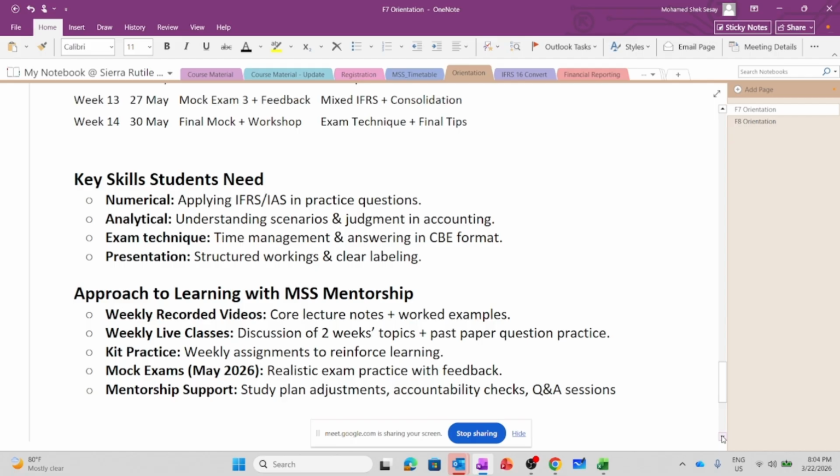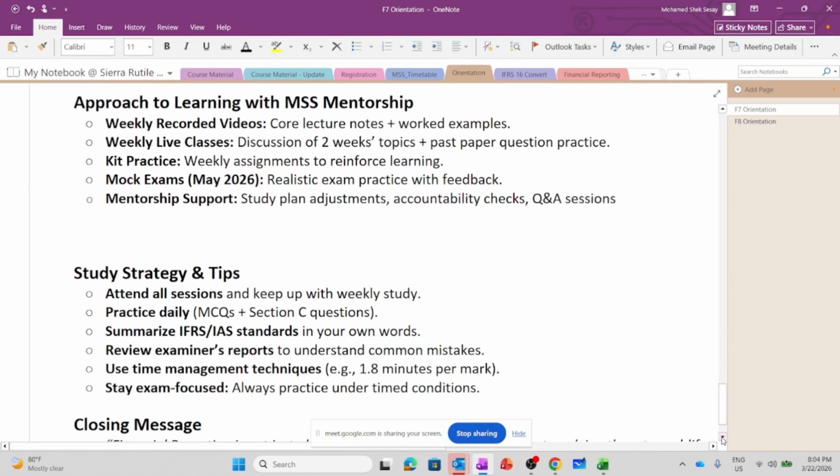And very important again, if you are doing your self-study on your own and you did not understand a specific concept or a question, you can snap that particular question and forward it on the WhatsApp group, and we can discuss it as a team, or you forward it to me individually. But I'm going to encourage everyone, we snap the question and forward it on the WhatsApp group so that everyone can contribute and we can discuss it as a team, because we are going to do this session as a team. We are not going to do it in isolation. So basically, this is the approach that we're going to use.